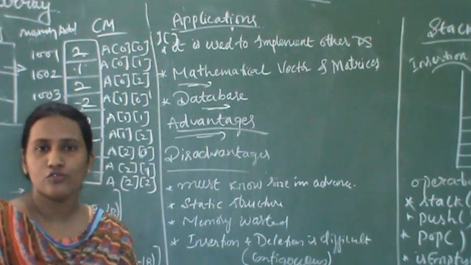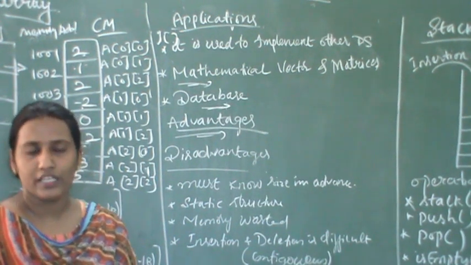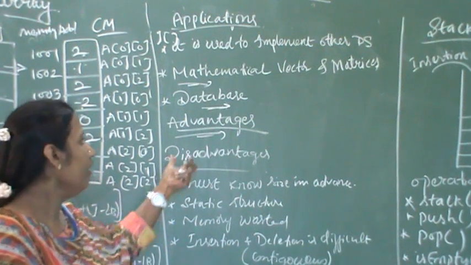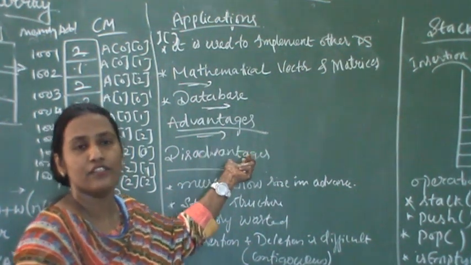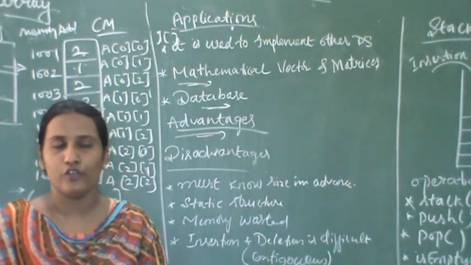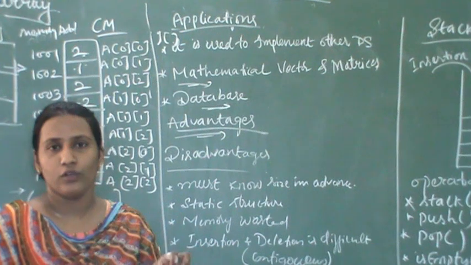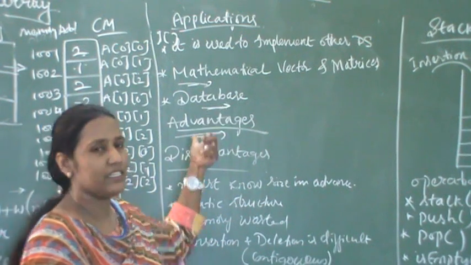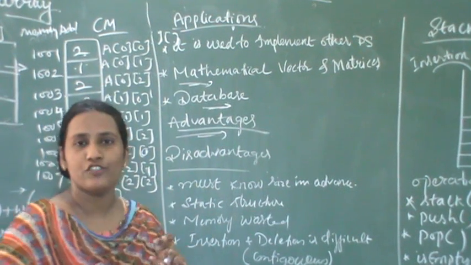What are the advantages of an array? Because it is taking contiguous memory locations and it is storing linear data. Here we can store a large number of elements in an array, not only one or two. Data will be stored in contiguous memory locations, so that we will not have much difficulty finding the location of a particular element. Searching will be easier. In short, we can say that searching is very much easier. These are the advantages of arrays.